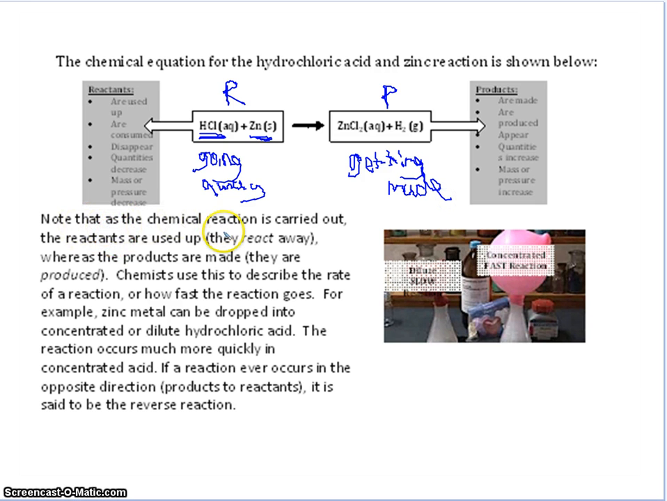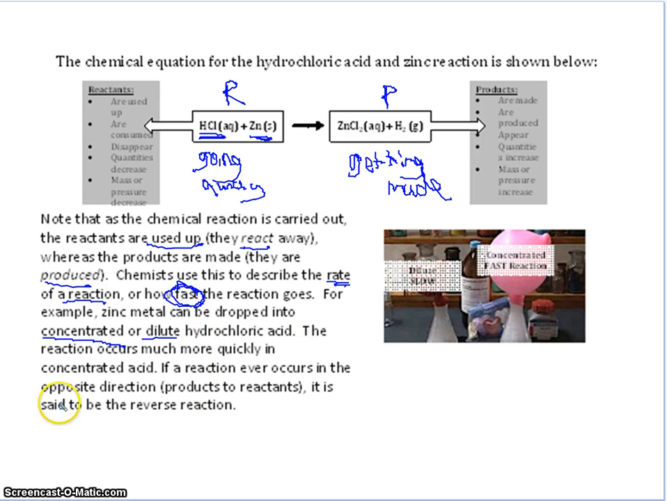Okay, note that as the chemical reaction is carried out, the reactants are used up. They react away, whereas the products are made, they're produced. Chemists use this to describe the rate of a reaction. Okay, that's key, rate of a reaction, or how fast the reaction goes. So that's how fast. For example, zinc metal can be dropped into concentrated or dilute, that's the opposite of concentrated,